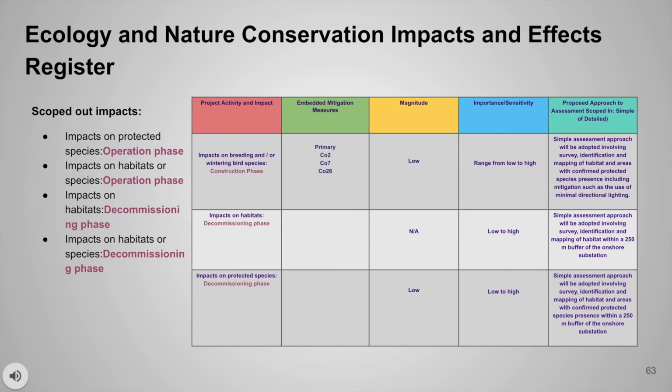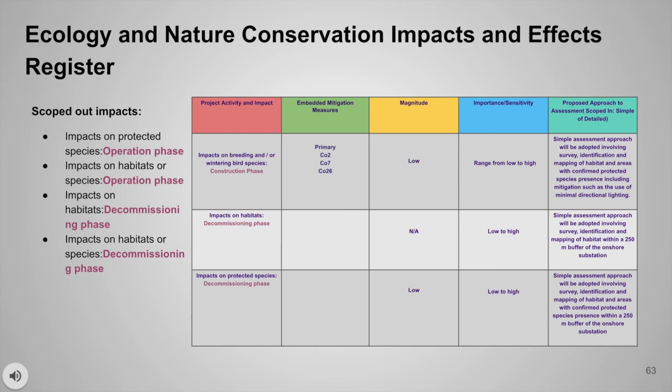Impacts on ecology and nature conservation are also quite a few. For example, impacts on breeding or wintering bird species is one of them, which happens in the construction phase. The mitigation measures are CO2, CO7, and CO26. For example, CO2,